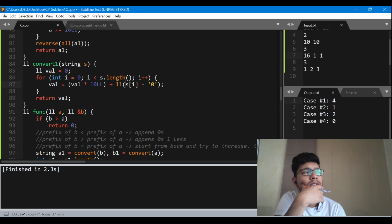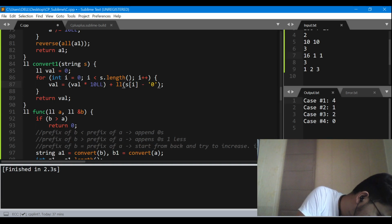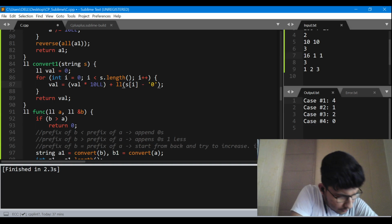And what if I only consider it like a string overall? Does that help? Because there are 10 to the power 9 here. So